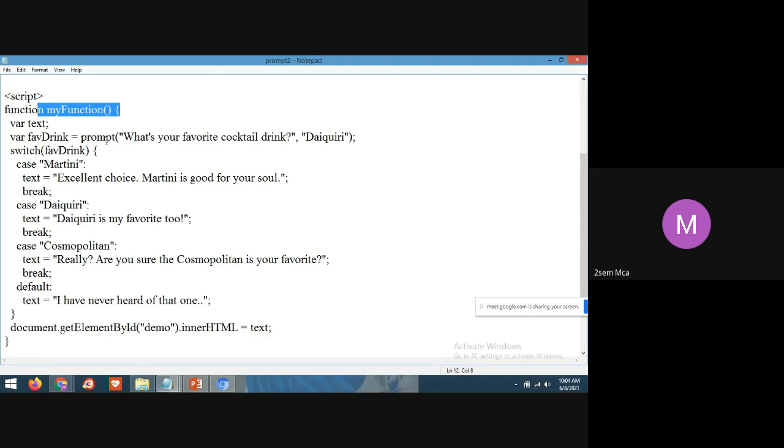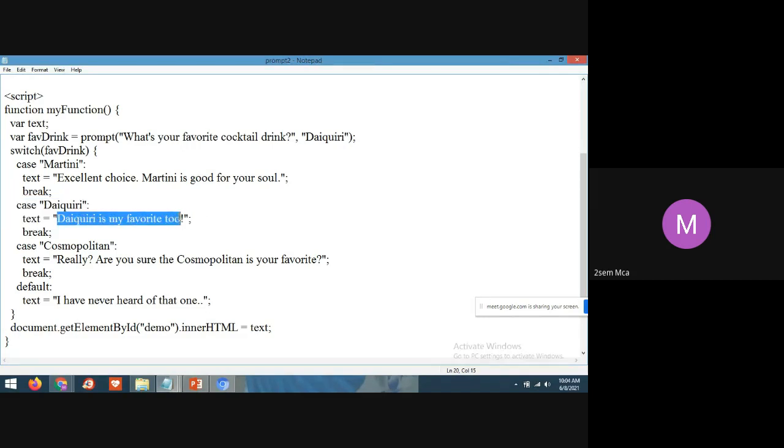So using prompt, I am taking a favorite cocktail drink from the user. By default this will be displayed because here it is assigned, that is daiquiri. If this is the input value, this is the choice, then it should display the second case.